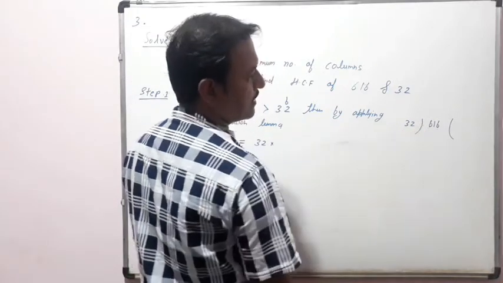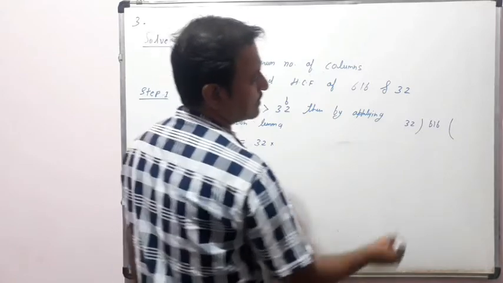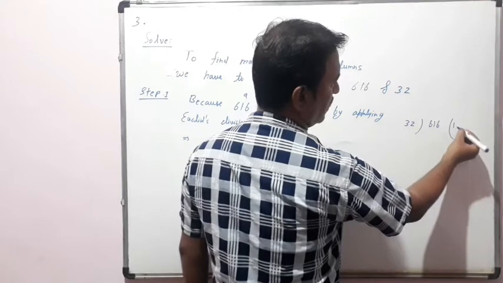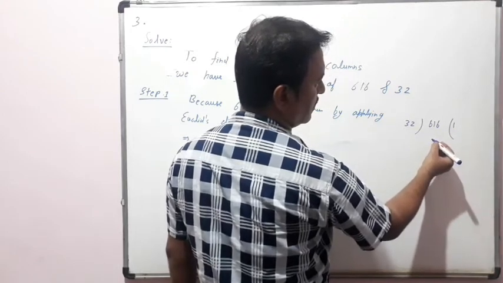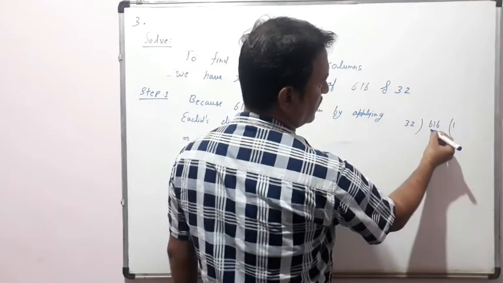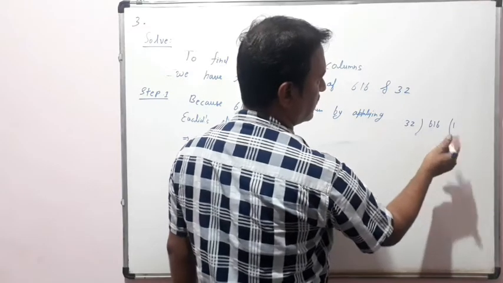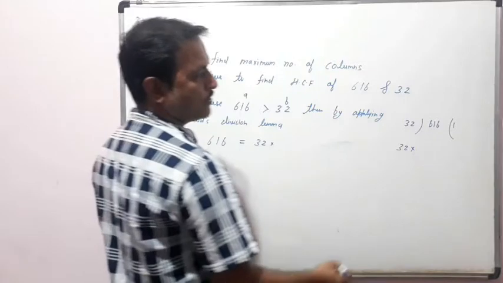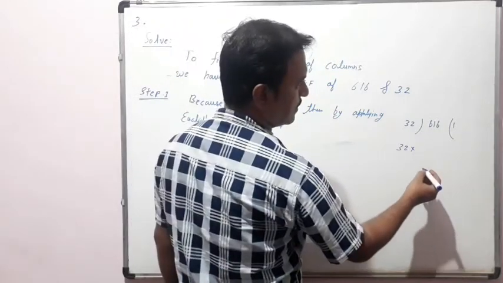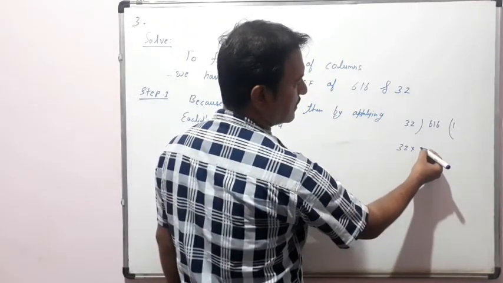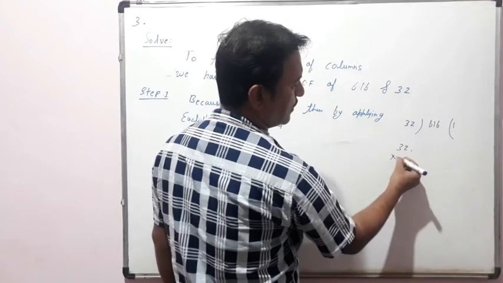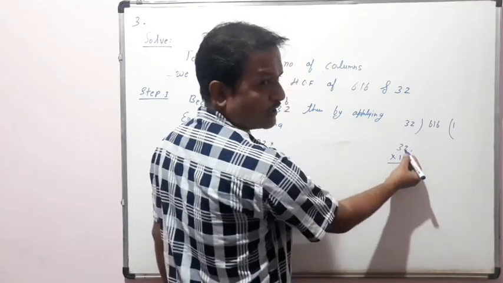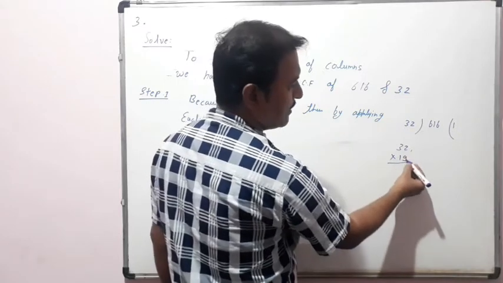So 10, 20 में ज़्यादा हो जाएगा, है ना? कितनी बार जाएगा? 32 into 16 कितना आएगा? और 19 भी कर सकते हैं। 32 into 19 कितना आएगा? 20 में तो मोर हो रहा है, 19 में